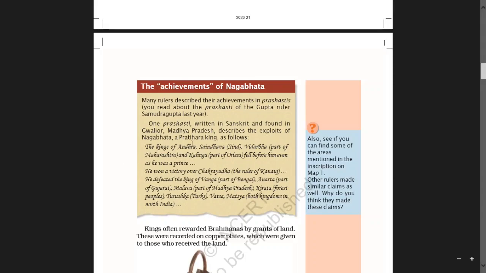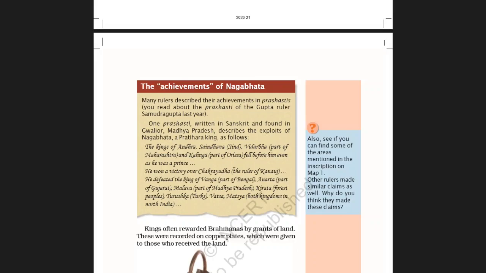The king of Andhra, Shindava, that is Sindh, Vidarbha, part of Maharashtra, and Kalinga, part of Orissa, fell before him, even as he was a prince. He won a victory over Chakrayuddha. Victory means success in winning a battle.